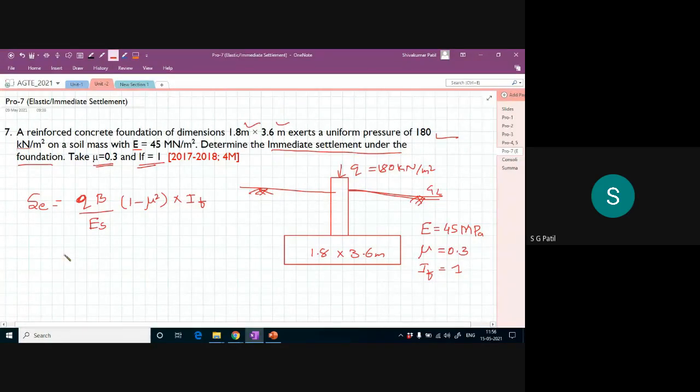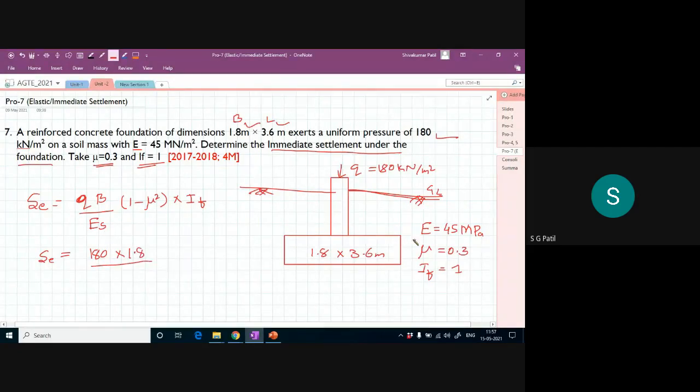So what is SE? Q is 180 kilonewton per meter square into the width of the footing. Width, you should always take the small dimension. This is my width and this is my length. So 1.8 meter